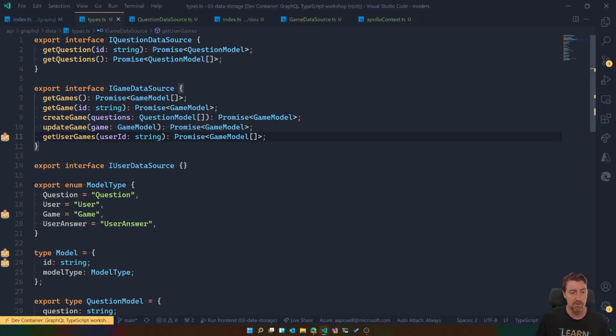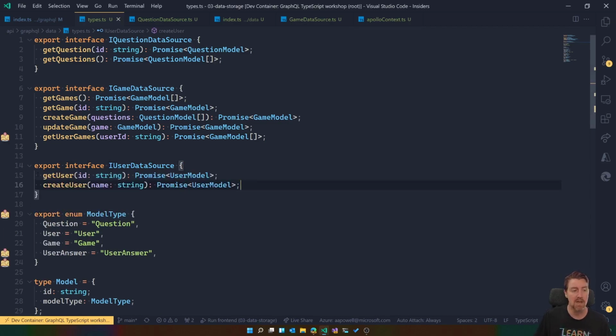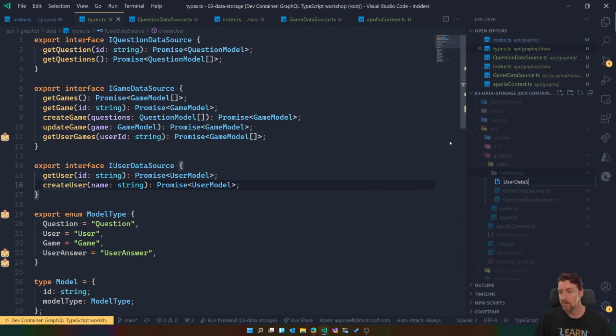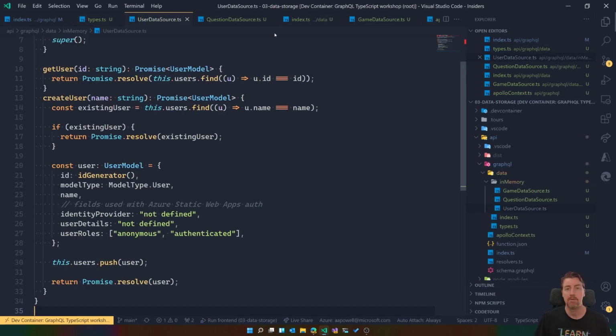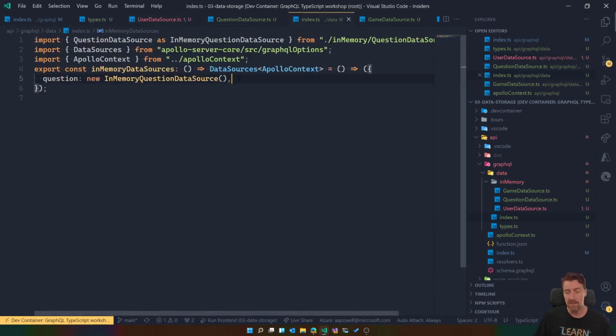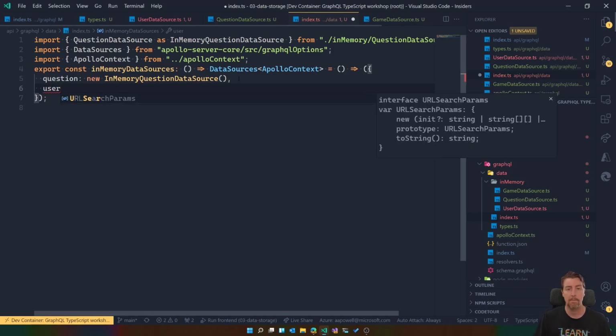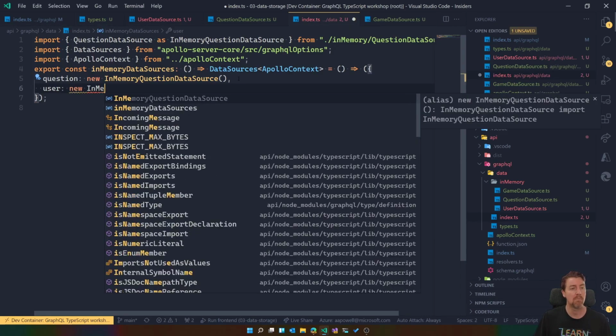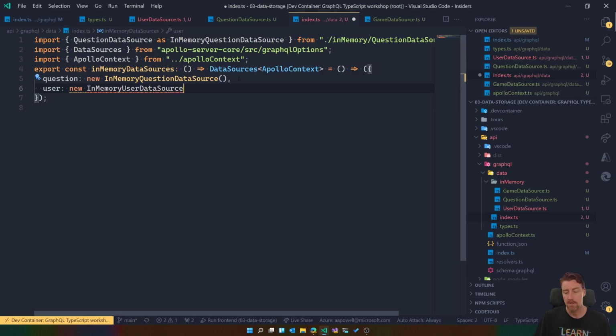Similarly for the user data source, we'll add from my pre-existing notes. So we're going to be able to get back a user by its ID, and we're also going to be able to create a user. And then the last thing we've got to do is create our implementation of the user data source, which will be a new file, user data source.ts. There we go. We'll then have all of these added here. So this is going to be a new in-memory user data source. We'll have to do that import properly, and then